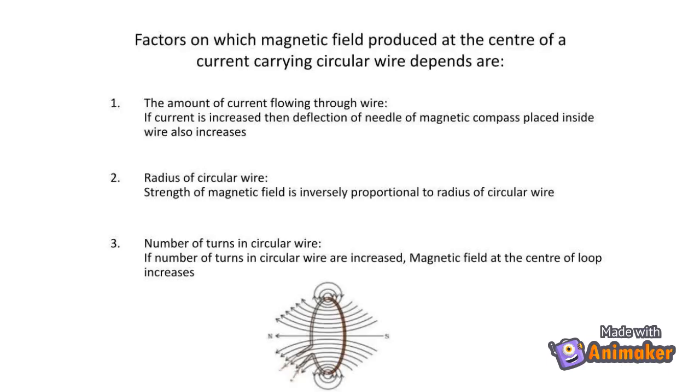Factors on which the magnetic field produced at the center of a current carrying circular wire depends are: